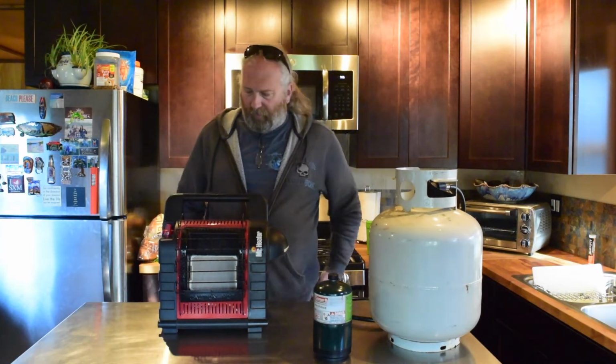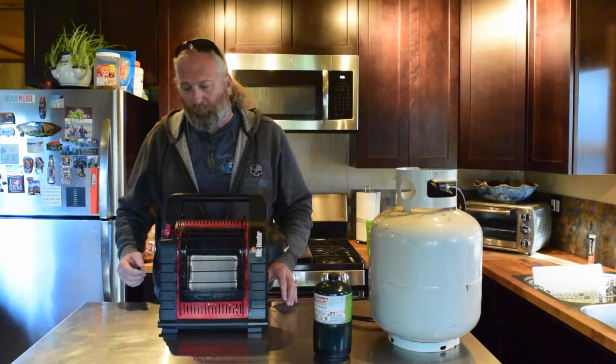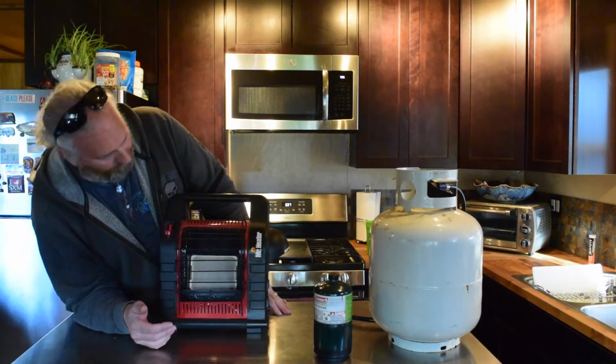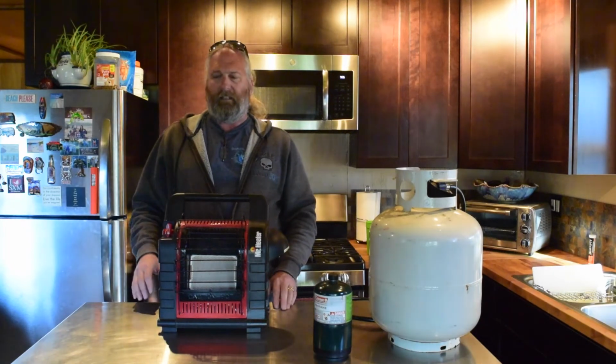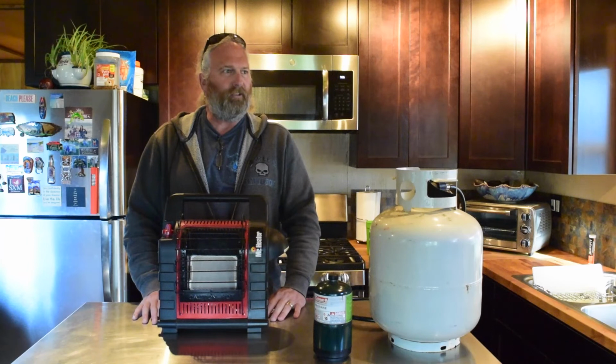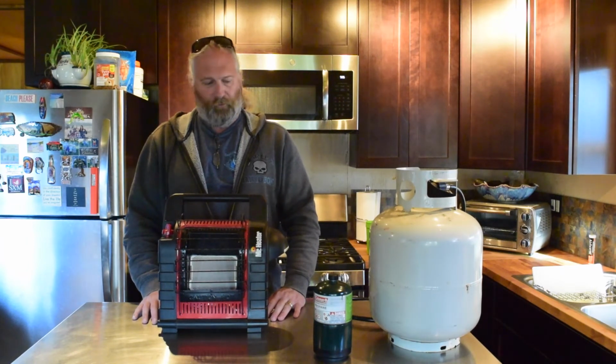Heater, and this is one of three different models that they make. This is the middle model, and so I think this one runs between 1500 and 1800 BTUs, as I recall. This will use the